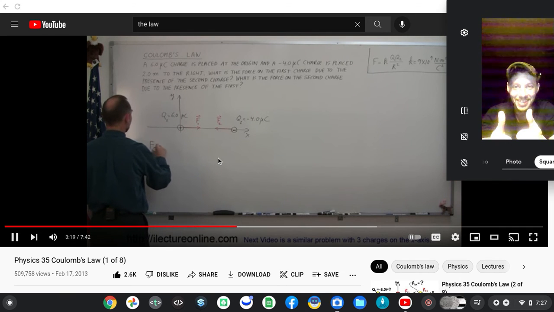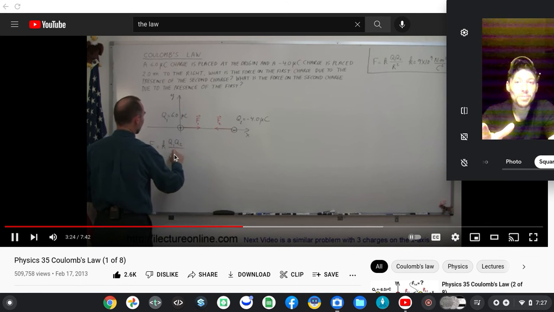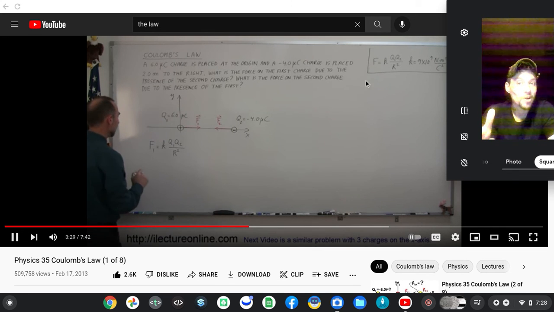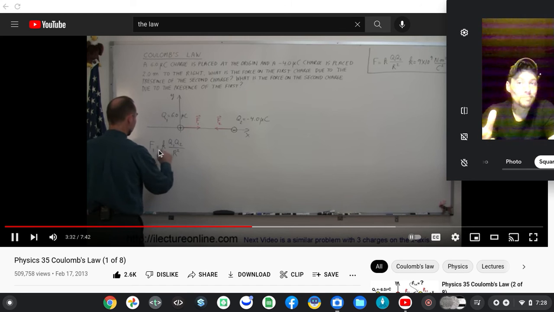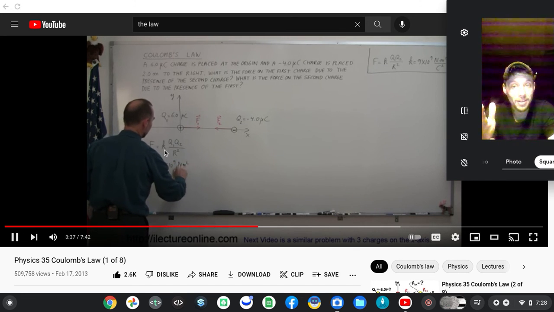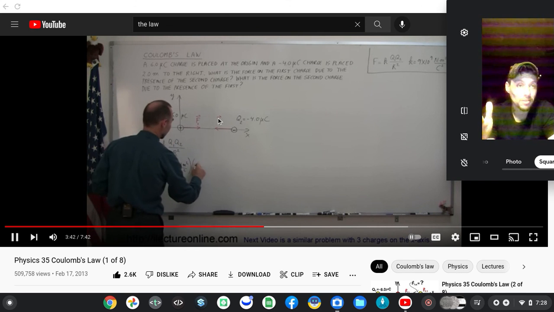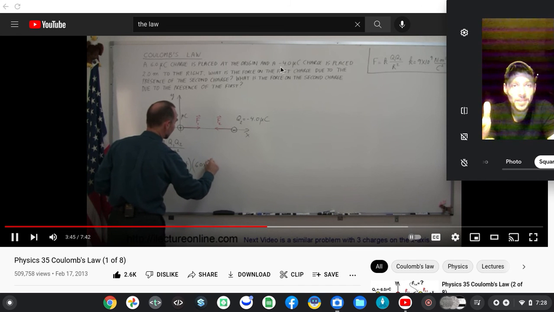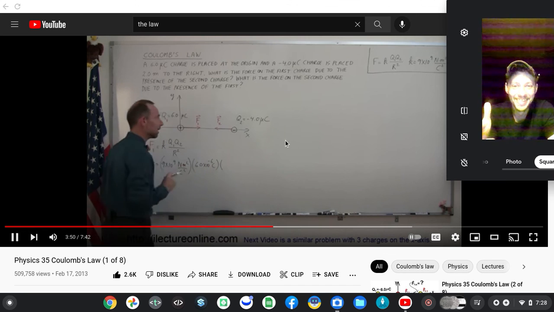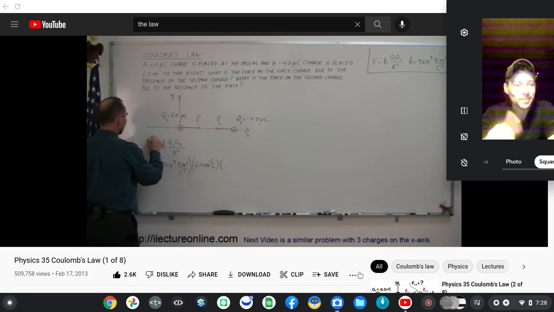I might plug in the numbers now. This is equal to K, which is 9 times 10 to the 9th newtons meters squared per coulomb squared, times the magnitude of the first charge, which is 6.0 times 10 to the minus 6 coulombs, times the magnitude of the second charge. Now here you say, well, there's a negative there. Should I put a negative in? Well, the best thing to think about it is, let's just say that we